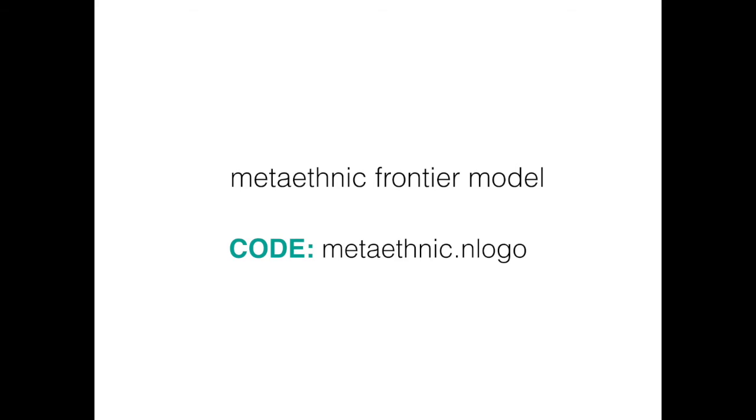In general, some computational models are quite complicated, and some of them are considerably more complicated than this one. It's important to consider how many assumptions are necessary, and to always make the model as complicated as necessary, but not more so. Due to the complexity of this model, I'm not going to go through most of the parameters, but rather I'll leave it as an exercise for the curious student. In general, I'm going to use the parameter values that are used by Peter Turchin in his book, unless noted otherwise. All right, so we can open up metaethnic.nlogo.